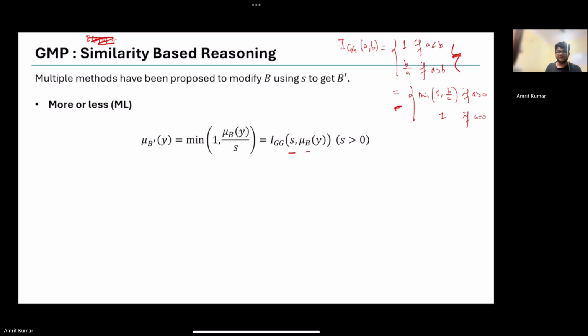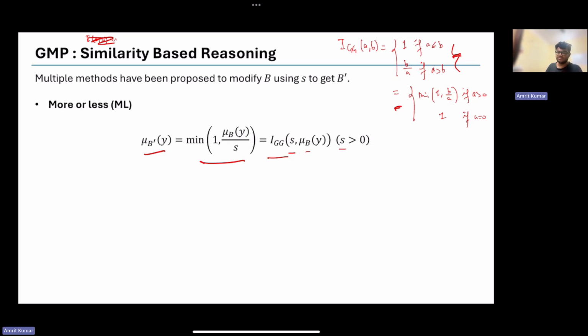Okay. So in other words, this mu B dash, which is defined in this particular manner, is nothing but the Goguen implication at S comma mu B of y. Of course, here I'm assuming that your similarity value S is greater than 0, which is almost always the case,